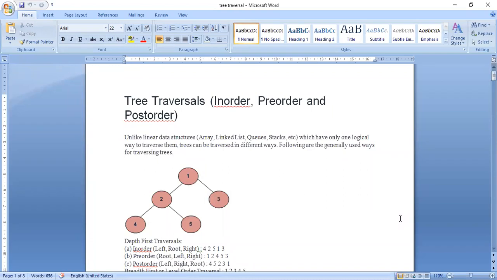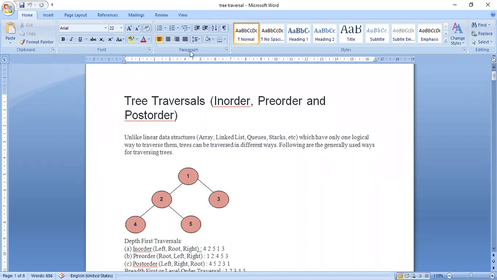But there is an order, a small set of orders, to visit the different nodes.